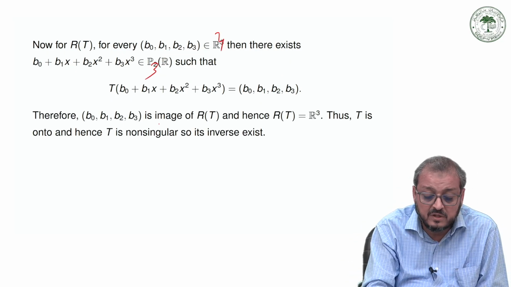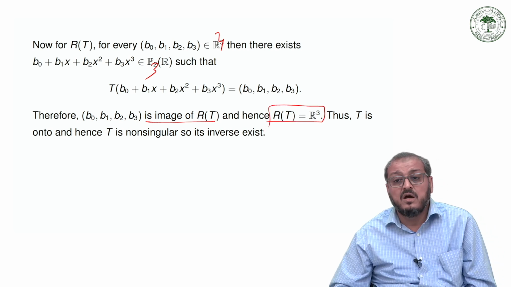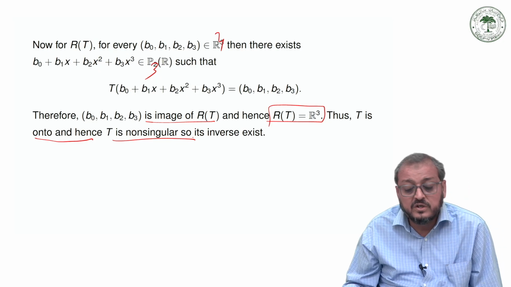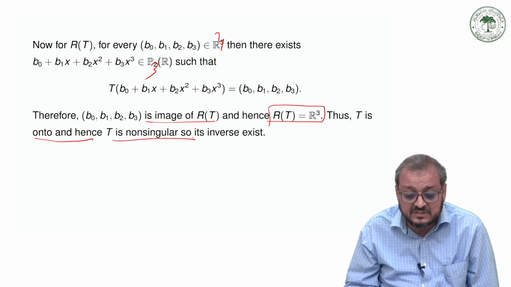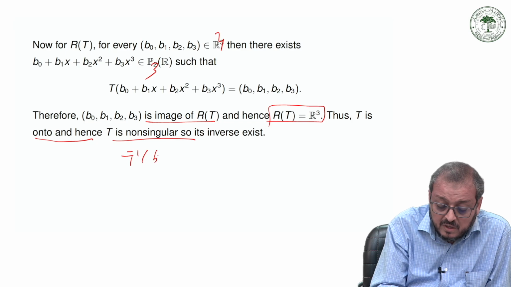We have a P, this is the image RT, and RT is equal to all of R3, then T is onto, hence T is non-singular. So its inverse exists. If the inverse exists, it means T inverse of, clearly we can just say that